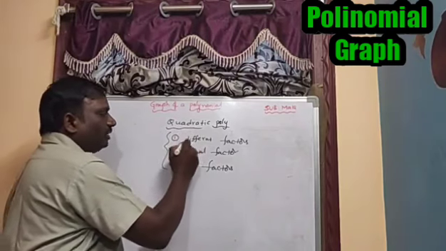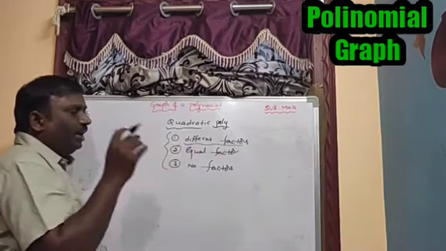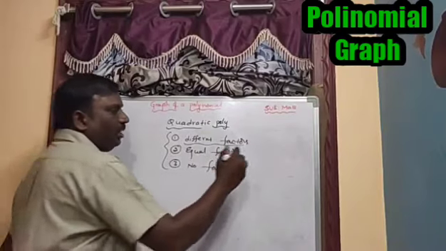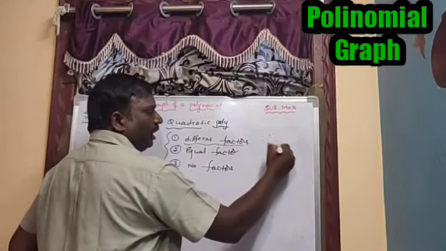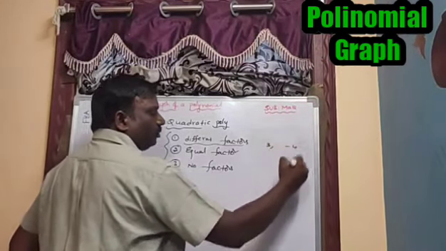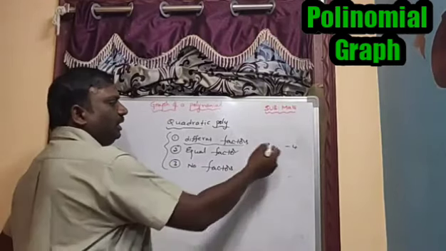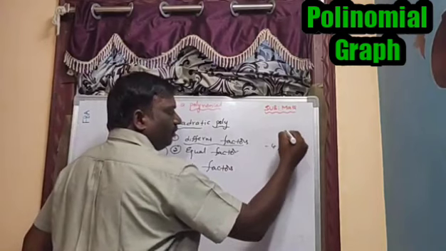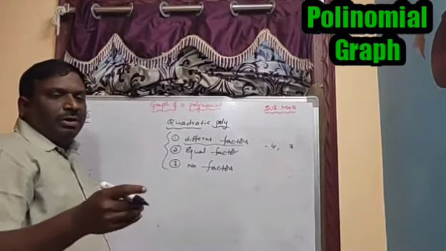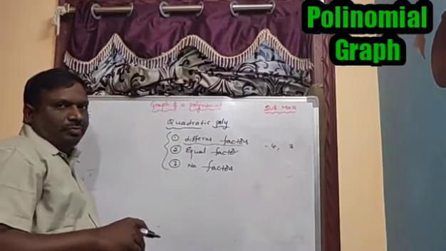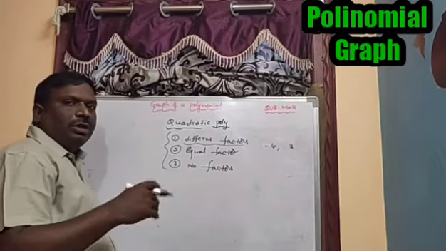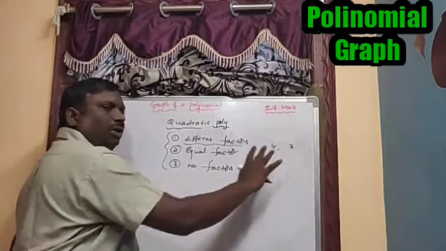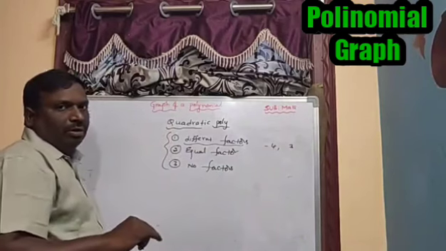So for a quadratic polynomial, first case: if the factors are different, that means one of the factors is 3 and another factor is minus 4. First I am writing the negative value, after that the positive value. Each and every one has a doubt. What is the doubt? Children are thinking, what are the values we have to take in the table?